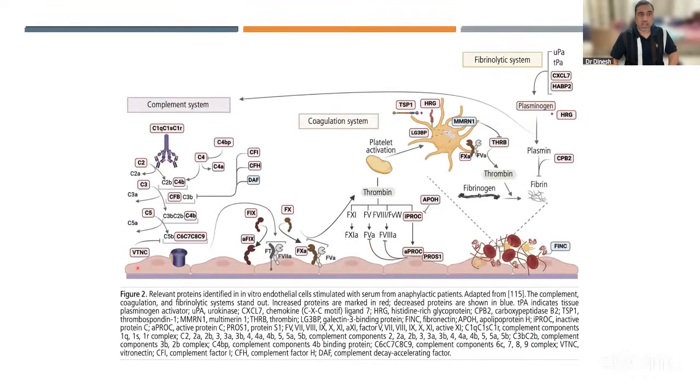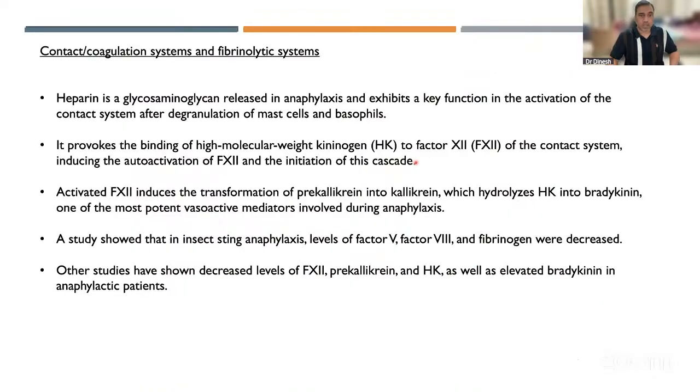Now, this is a busy slide which shows us the interrelation between the complement system, coagulation system, fibrinolytic system, and the activation of the fibroblasts. So, what is the actual relation? Heparin released in anaphylaxis results in activation of the contact system. After the degranulation of mast cells and basophils, it binds the high molecular weight kininogen and factor 12 of the contact system, resulting in autoactivation of factor 12 and initiating the cascade. Factor 12 transforms prekallikrein to kallikrein, which hydrolyzes the high molecular weight kininogen to bradykinin,